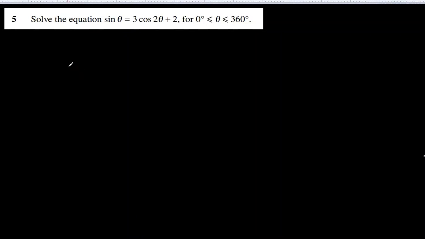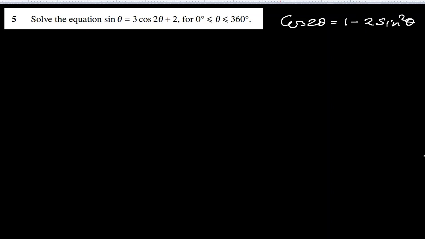Now question 5. Solve this trigonometric equation, sine theta equal to 3 cos 2 theta plus 2, and our answer should be between 0 and 360 degrees. For that, first we have to convert one trigonometric ratio into the other. Sine theta cannot be converted into cos 2 theta easily, but cos 2 theta has an identity which has sine in it,